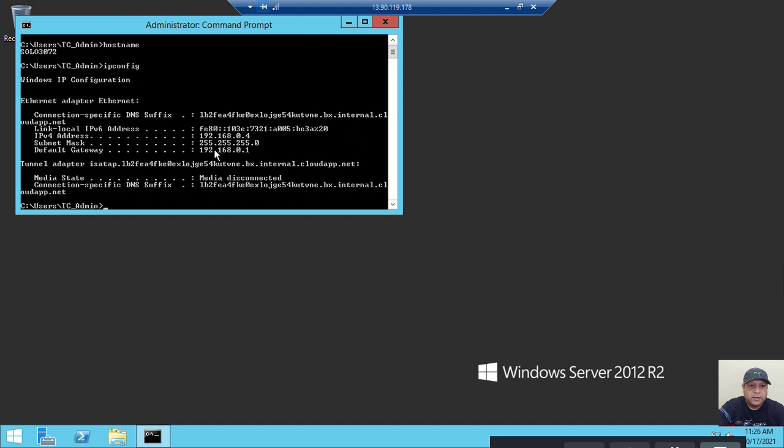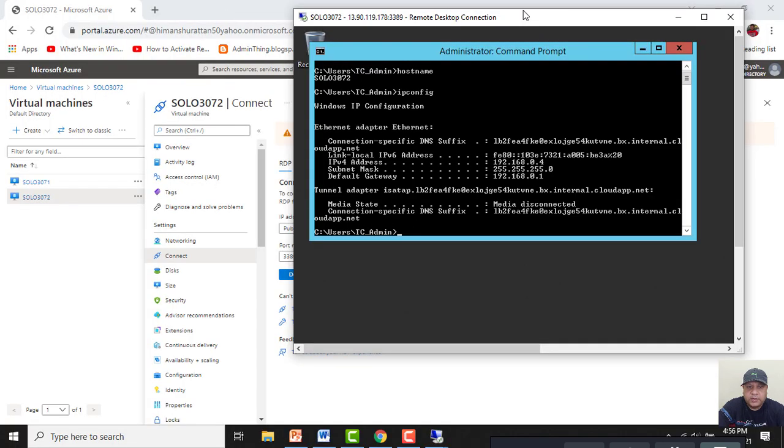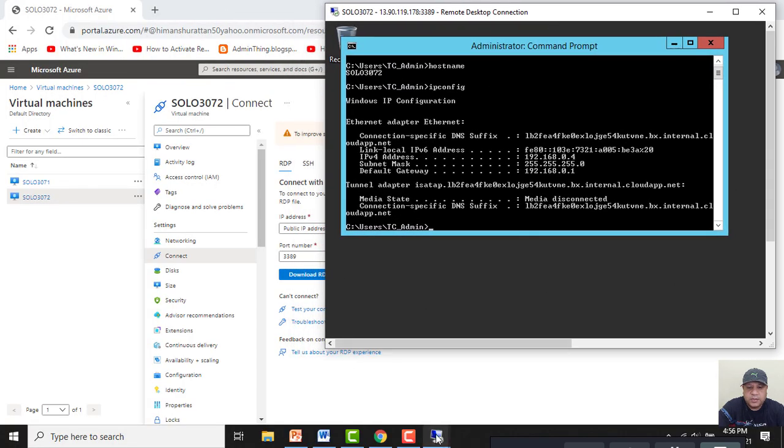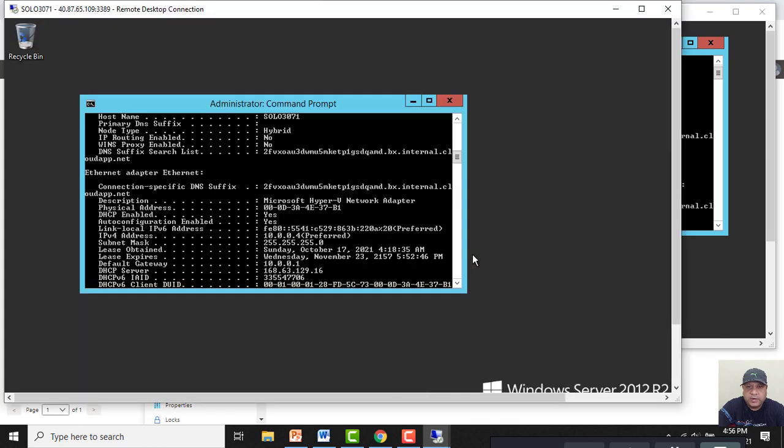See, it has now private IP as 192.168.0.4 and it has a public IP of 13.90.119.178. I am connected with this virtual machine through its public IP address. As of now, for both the VMs, I have been connected through their public IP addresses.